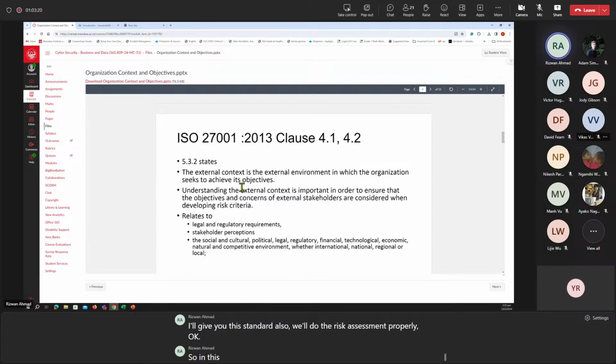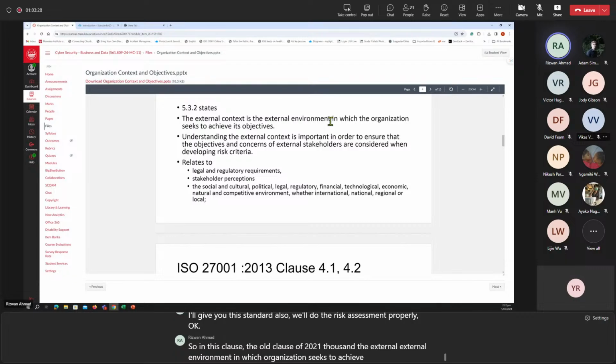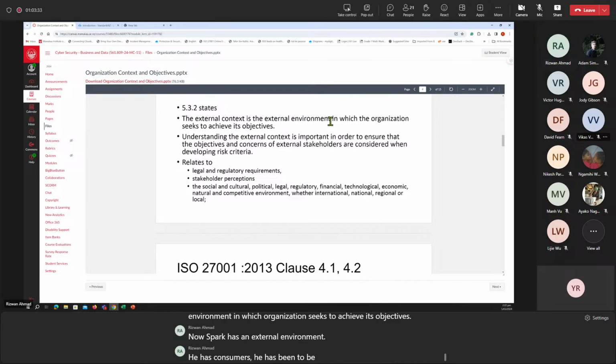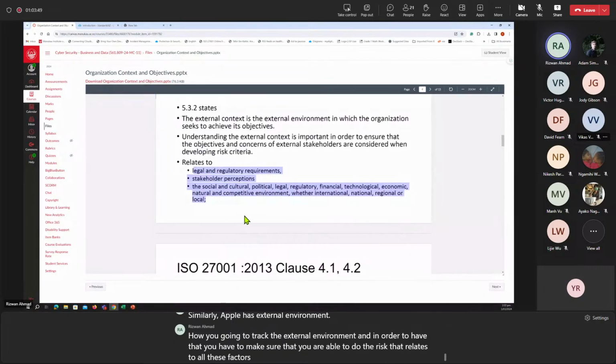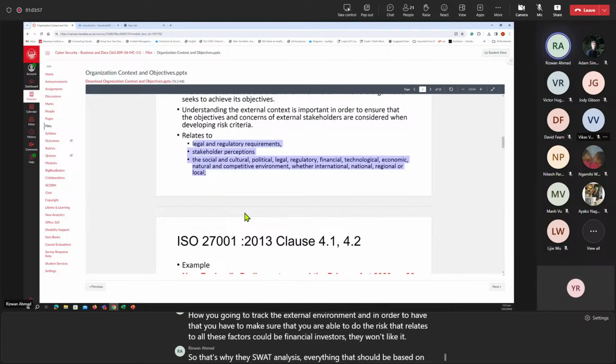So in this clause, the old clause of 31000, the external environment is the one in which the organization seeks to achieve its objectives. Now, Spark has an external environment. It has consumers, it has B2B. Similarly, Apple has an external environment. How are you going to track the external environment? In order to do that, you have to make sure that you are able to do the risk assessment that relates to all these factors. It could be financial investors. They won't like it. So that's why there's SWOT analysis, everything that should be based on these objectives,